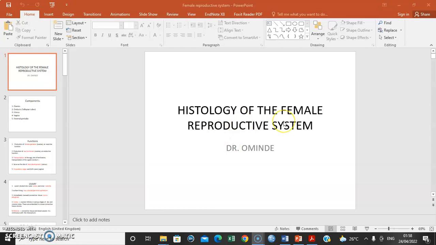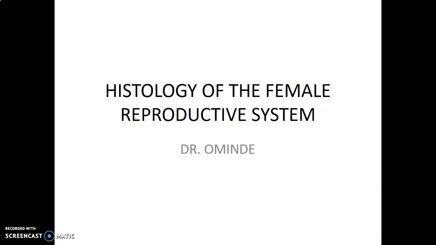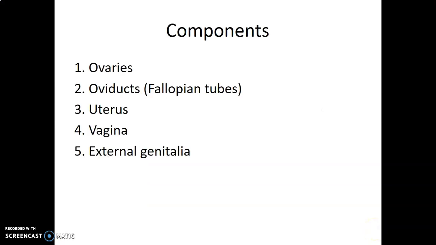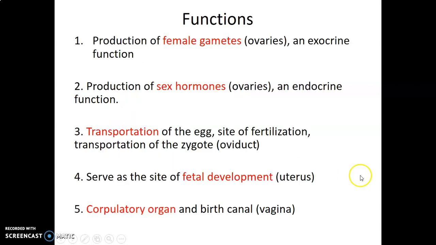Hello, my name is Dr. Ominde, and I'm going to discuss the histology of the female reproductive system. So, this comprises the ovaries, fallopian tube, uterus, vagina, and the external genitalia. And the main function of the female reproductive system is to produce gametes, that's the exocrine function of the ovaries, to produce sex hormone through the endocrine function of the ovaries,